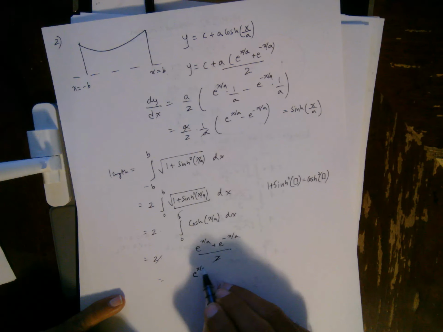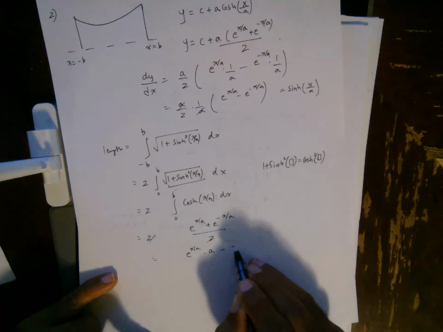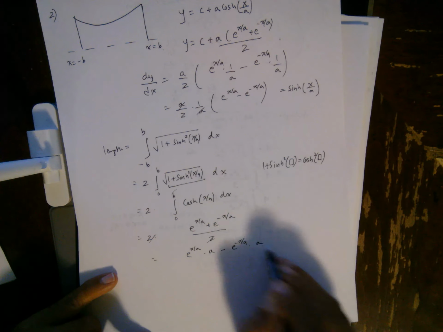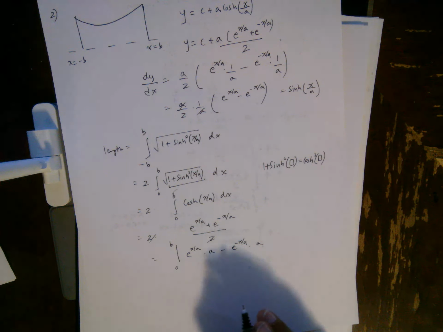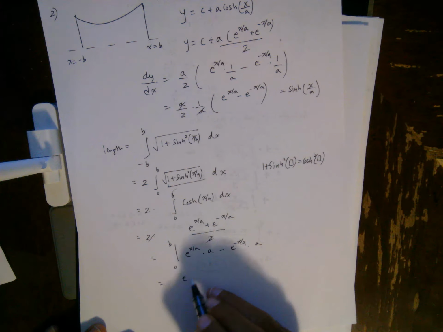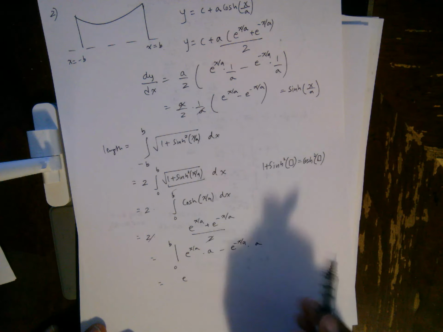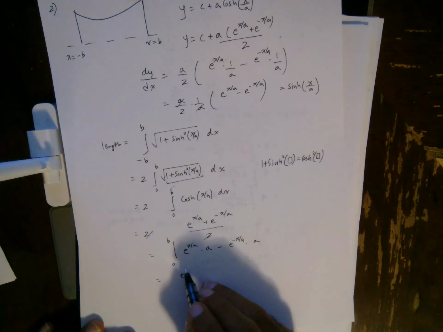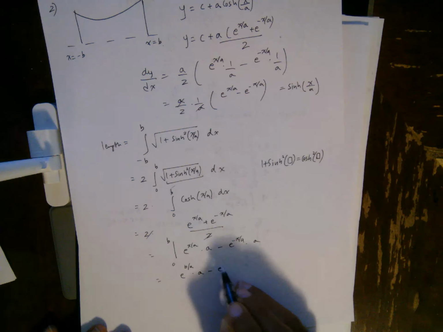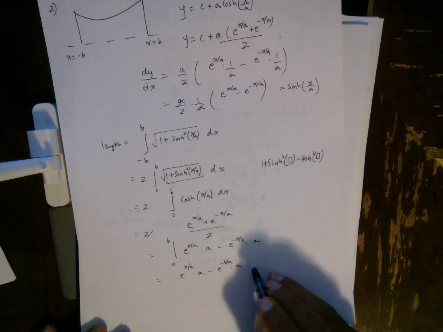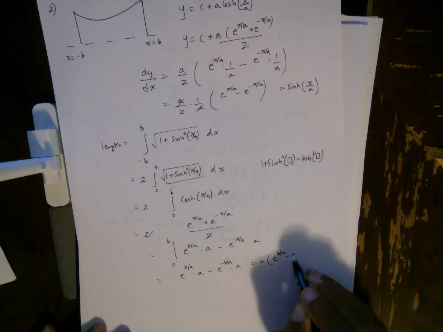Integration is x over a divided by 1 over a, so that becomes multiplied by a, and same thing here, going from 0 to b. So what I have here, when I plug in b, well, let's check the 0. When I plug in 0, it's a minus a0, so we don't have to worry about it. When I plug in b, it's e to the b over a times a minus e to the negative b over a times a, which is a times e to the b over a minus e to the negative b over a,